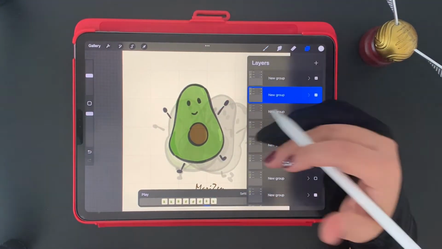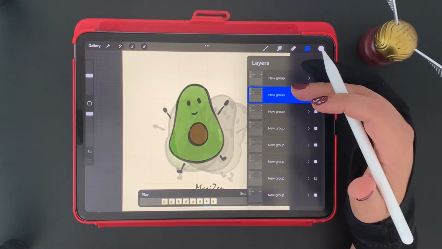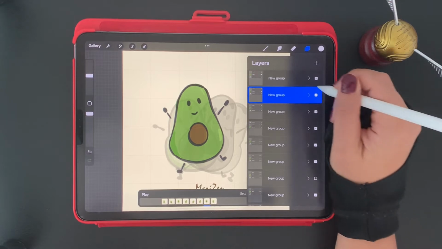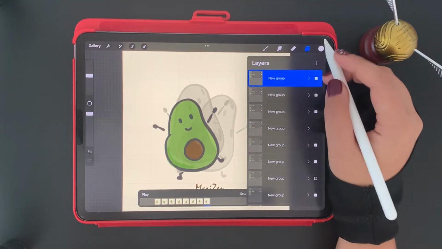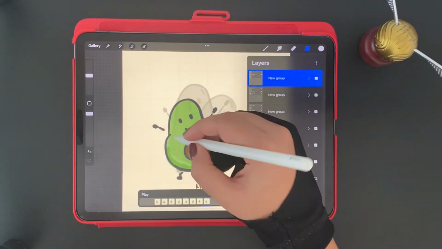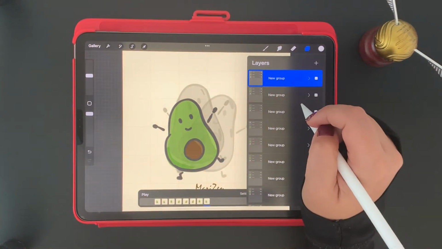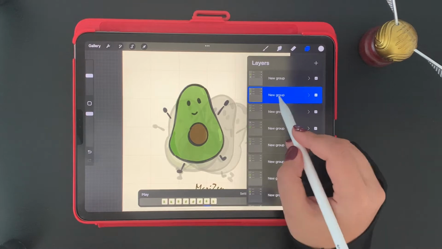In the elevator I reused the layers, basically by duplicating the layers. But in this one I went frame by frame, creating the outside and the legs and the arms of the avocado. Actually, you can see it when he jumps